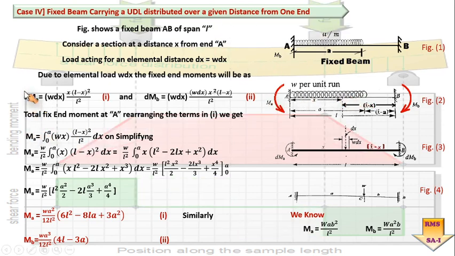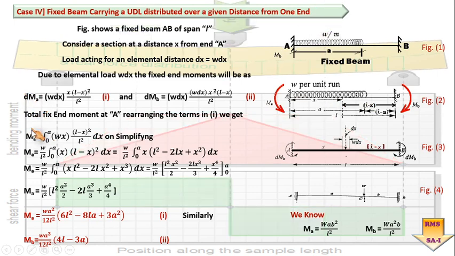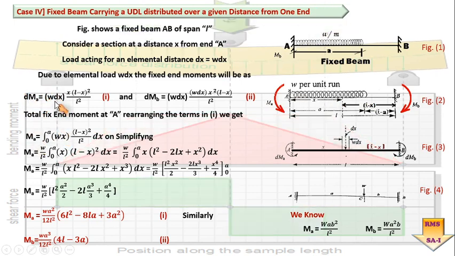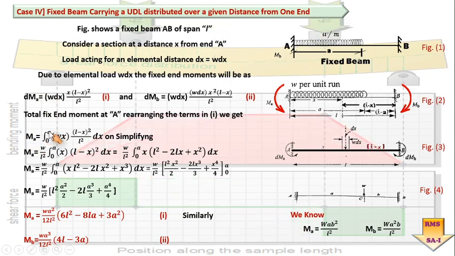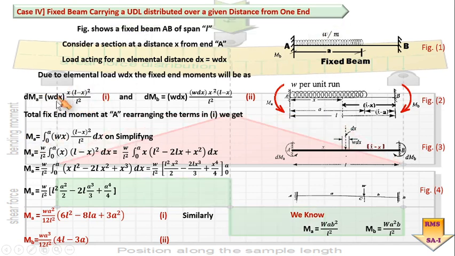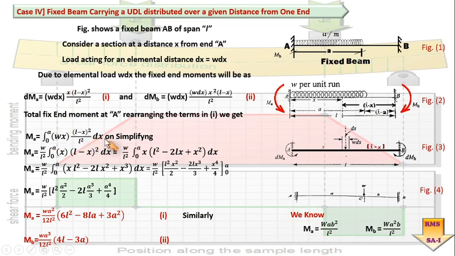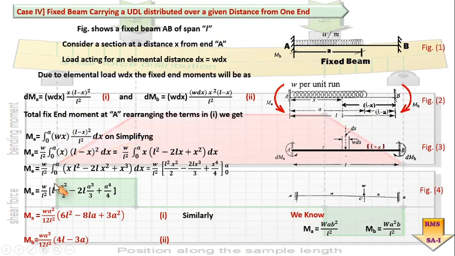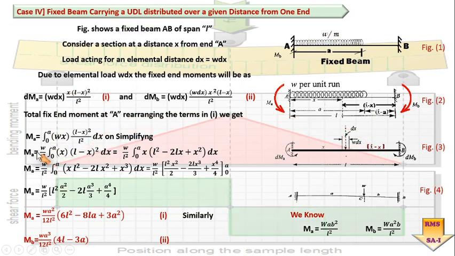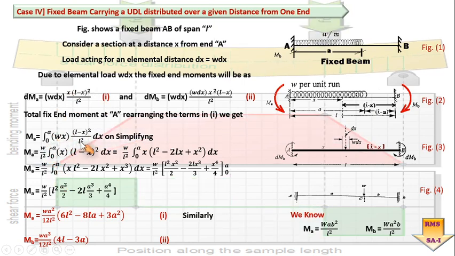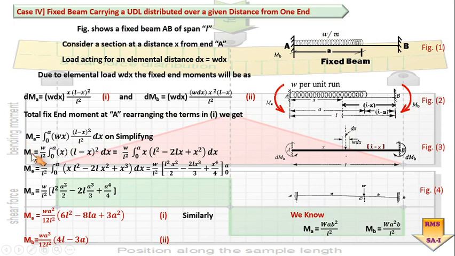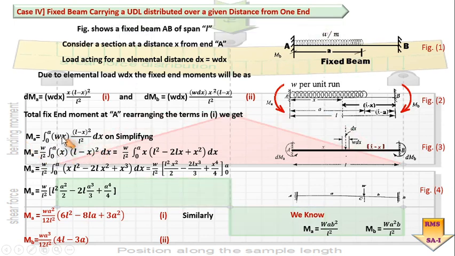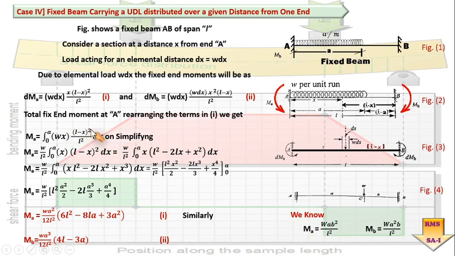So on the left hand side, integral dMA is nothing but it is equal to MA, and as far as the right hand side is concerned, integral 0 to A, after rewriting I have got this particular equation, and after simplifying this you can have the following simplification in front of your screen. So here W by L square being a constant, I will take it out of that integration, and in the bracket what I am remaining is X into (L minus X) square dx.